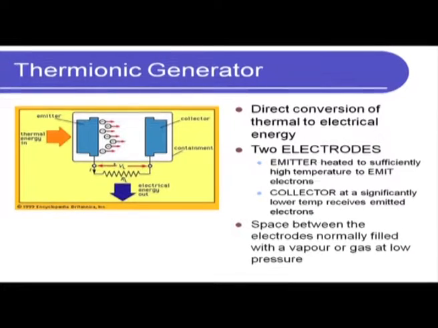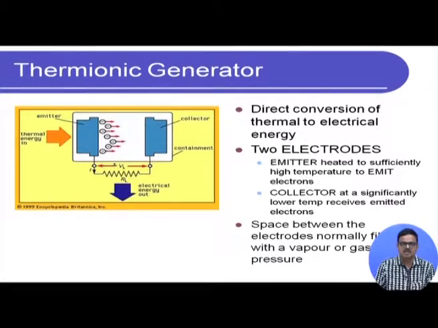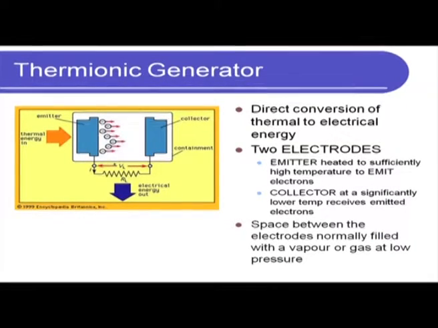The first one is an emitter, which when heated to a sufficiently high temperature will emit electrons. Okay. And the reason why it emits electrons is because at a certain sufficiently high temperature, some of the electrons have sufficiently high kinetic energy, which is above what we defined as the work function for that material, and these electrons, as they attain energy above the work function, can detach from the surface and move towards the collector surface.